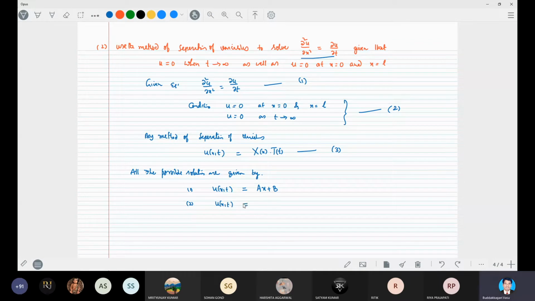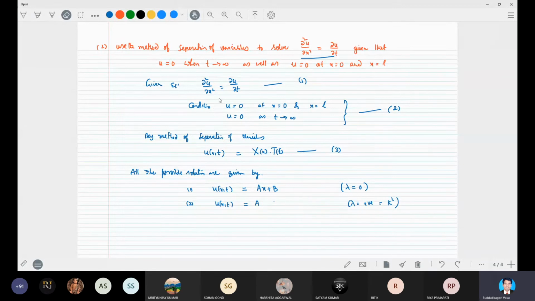Yes, sir. What will be the second? This is achieved for taking that constant lambda is equal to 0. Second one, for lambda equal to a positive constant, say k square. This will be a cosh kx plus b sinh kx, or you may put it in the form of exponential. So you can write it either this or that. This is just a modified one.